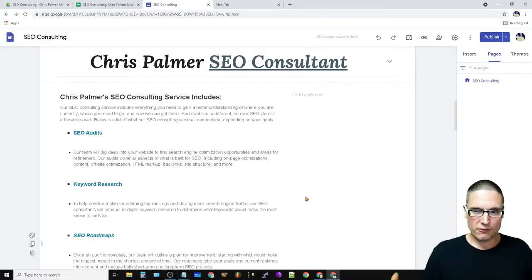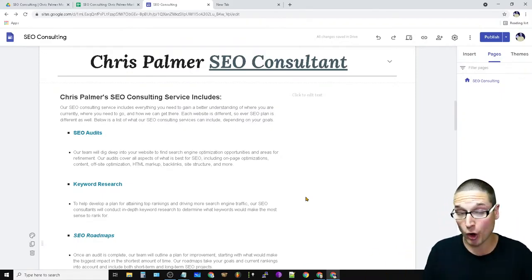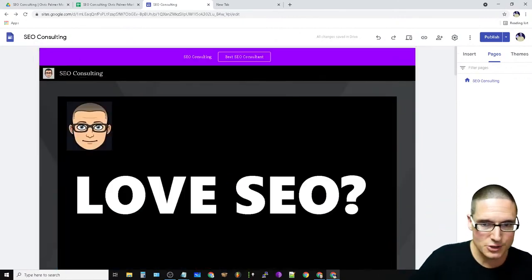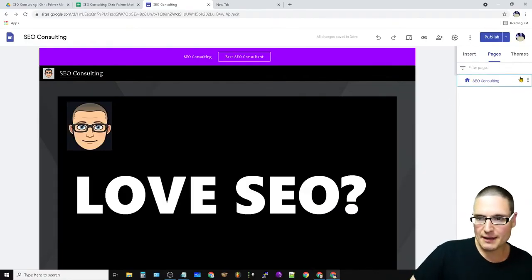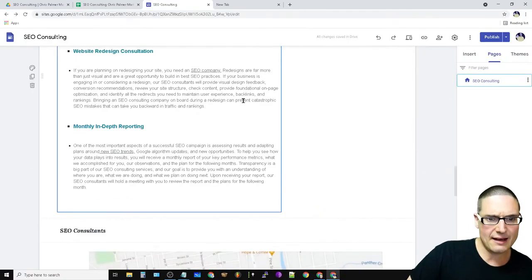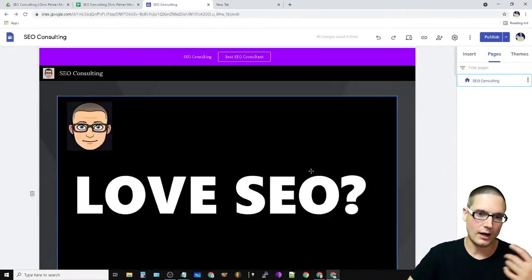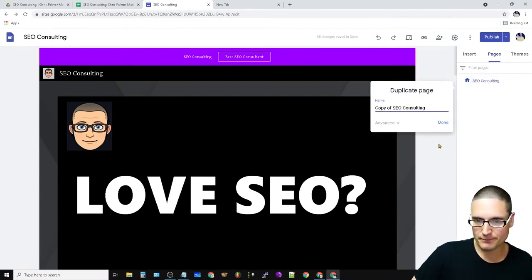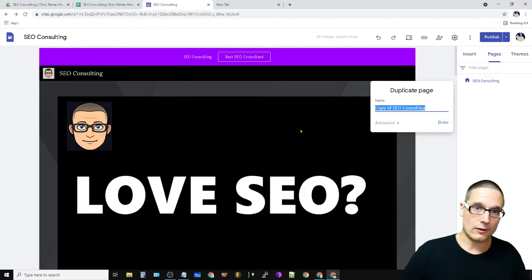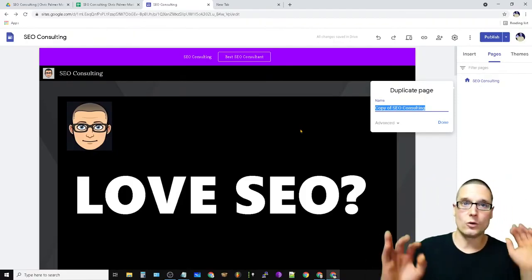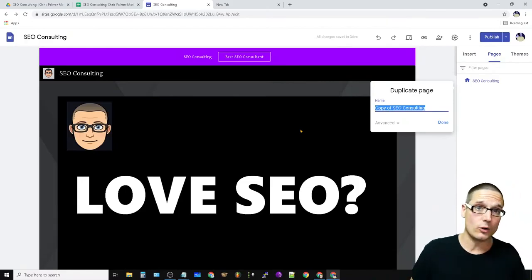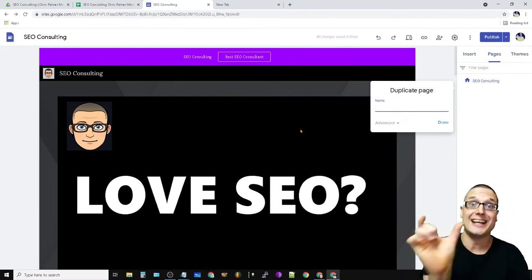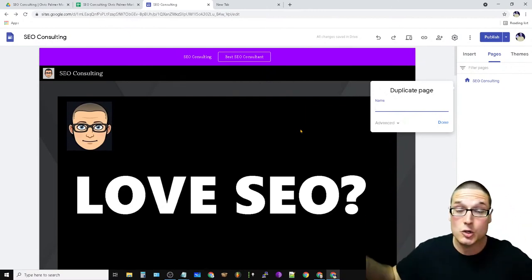All right, so first and foremost, let's make the primary structure first, and then we'll build from there. The primary structure is going to be, obviously, the home page. We already have that. Then what I like to do, once I have a layout of the colors or the scheme or however I want it to look, is just go ahead and duplicate the page. Now whatever the primary is, the next page that you want to create is going to be in reverse. So if my primary is SEO consulting, the next page that we create for our structure is going to be consulting SEO. Now, you can be in any niche you want.